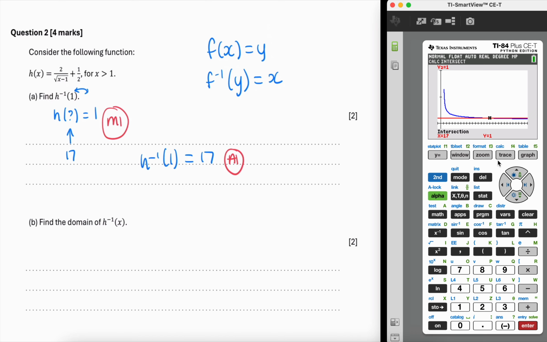And then for part B of this question, we need to find the domain of h minus 1 of x. So again, we can use that same process. So if it's the domain of h minus 1 of x, it's the range of h of x, because the domain and the range swap. So instead, I'm going to use the range of